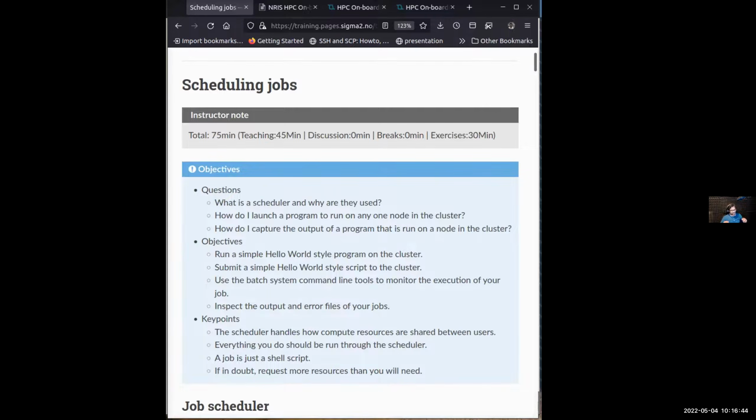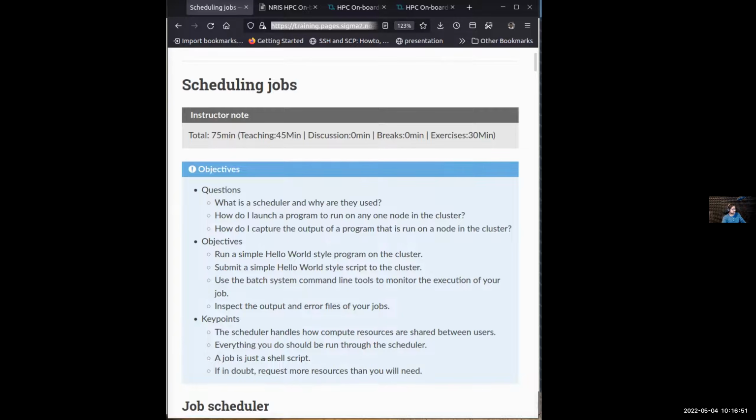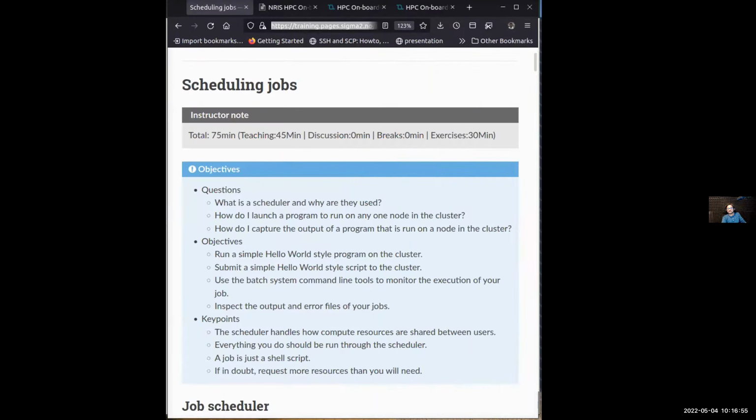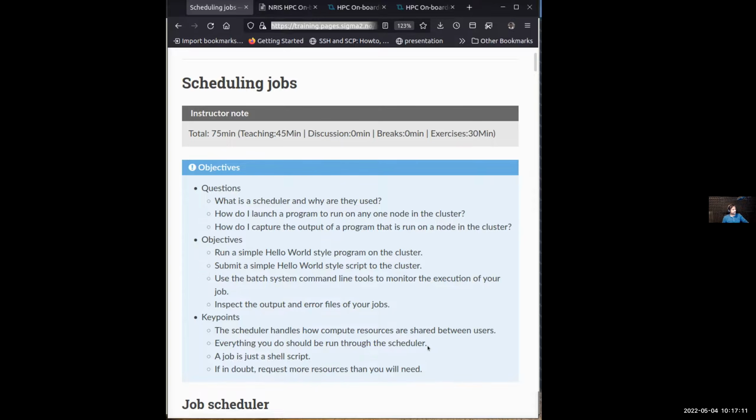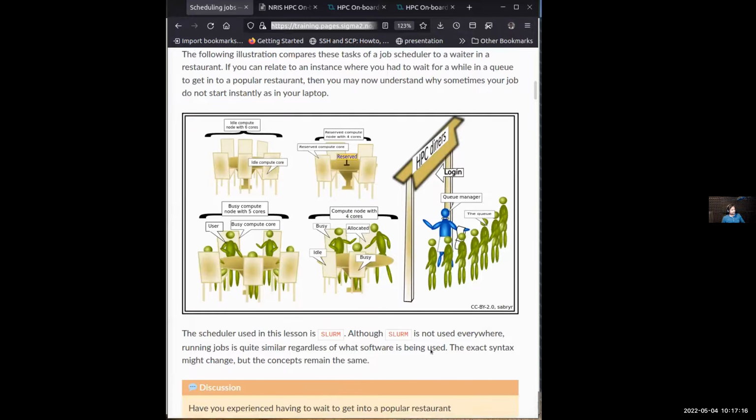We had a discussion about what this scheduler is a little bit, not so much, but the reason that we need it. As we saw on the slide a little bit, this is a shared resource. This is not your personal laptop. So there are many people who are waiting in order to use a shared resource. In order to do that, it's very important we have some sort of order going on.